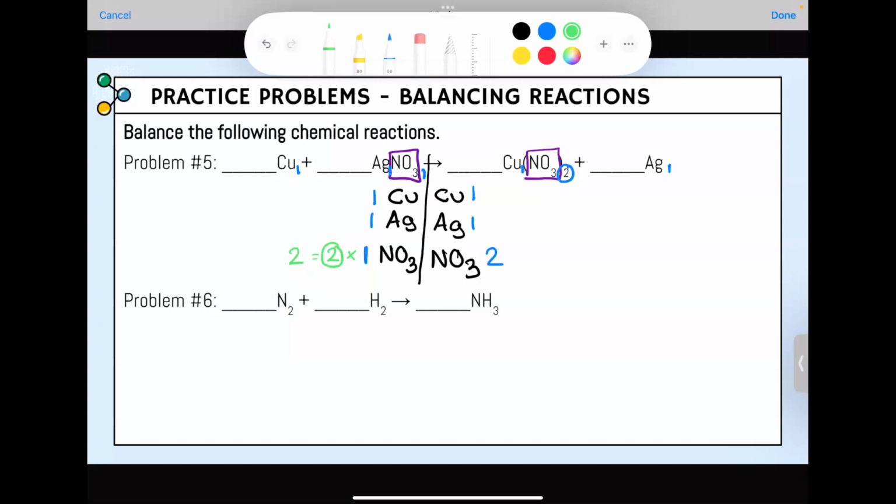And this 2 has to go in the side that has